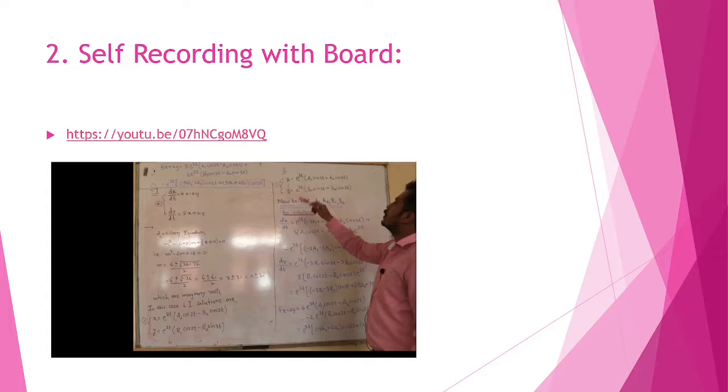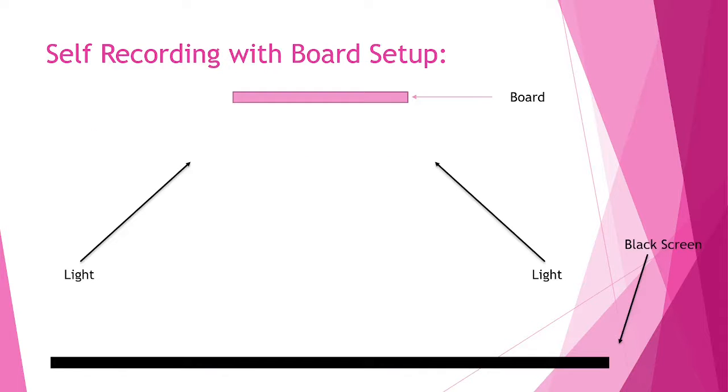And why is that the case? Because in front of this board there was a window. So whenever you are recording such a type of lecture, note that you should not have a window exactly in front of you. Otherwise your board is going to show a reflection. So in this case, you should have a proper lightning setup. Let me show you how that setup should be.